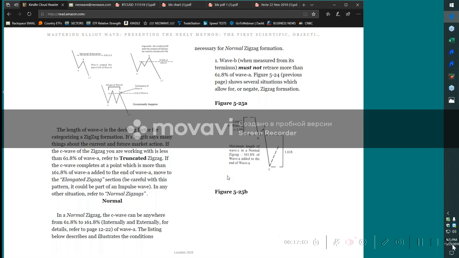So at what point, if we have a zigzag and B comes to 0.618, still holding, so it could potentially be 1, 2, 3 or ABC? At what point would no. I mean, if you assume you're in a correction and the B wave is 61% of wave A, you're not going to assume 1, 2, 3 or ABC. You would assume an ABC zigzag or an ABC flat, unless there's some reason you think there's a chance for